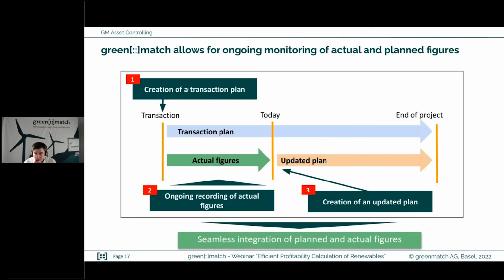How is this being done? So as I showed you before, I showed you how to create a transaction plan. So once this plan has been done, I want to know after a few years or yearly or whatever, after a few months, so what happened actually now? Did the asset perform as expected? So for that, we make a mapping where we take your data that comes from the bookkeeping software and map it with greenmatch so you can import the actual figures. At the same time, what we've seen often that there are updated plans, as example, because the price curve changes. And now in the greenmatch